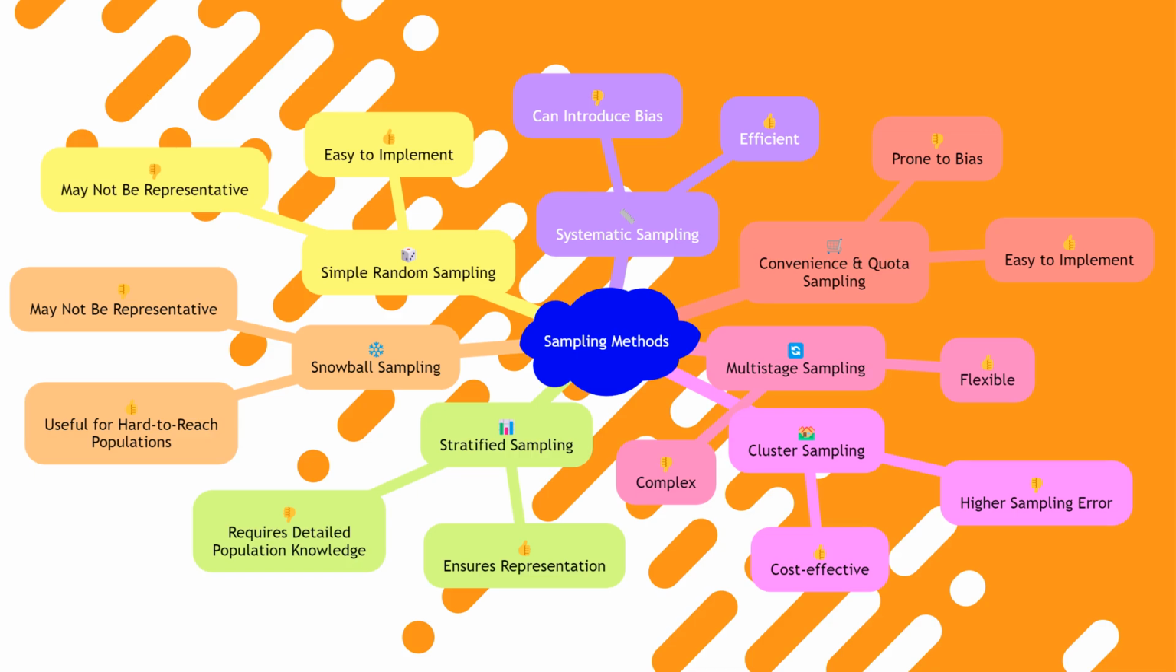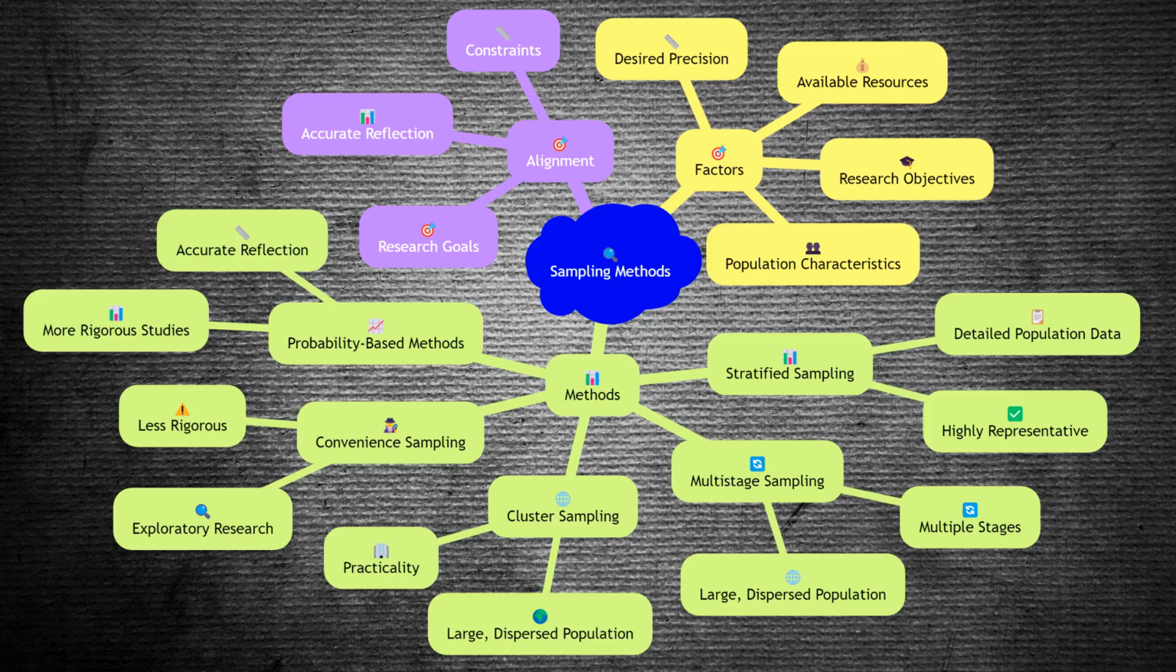Convenience and quota sampling are easy to implement, but prone to bias. Snowball sampling is useful for hard-to-reach populations, but may not be representative. Understanding these trade-offs is crucial for selecting the appropriate method. Selecting the right sampling method depends on various factors, including the research objectives, population characteristics, available resources, and the desired